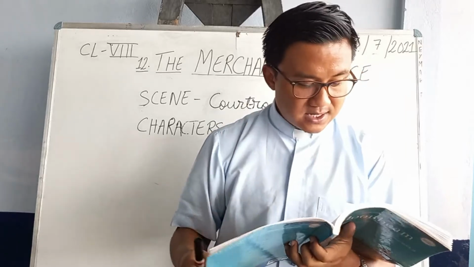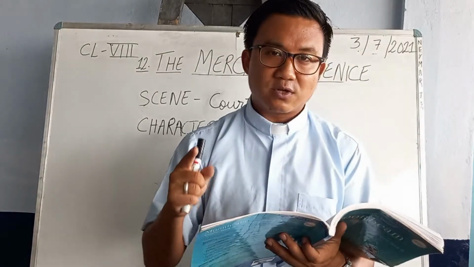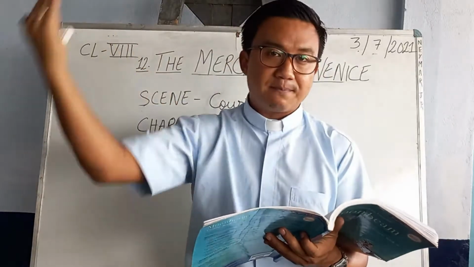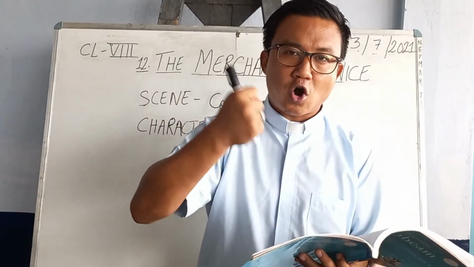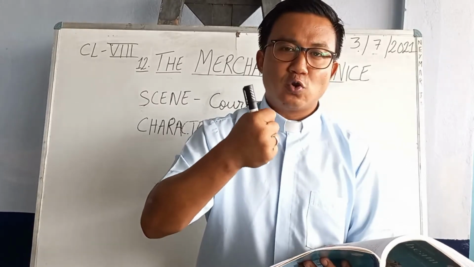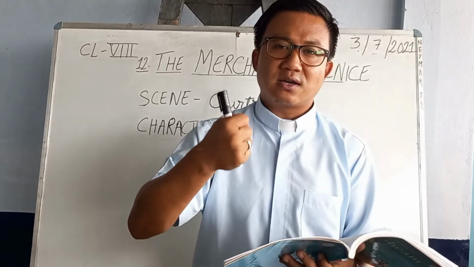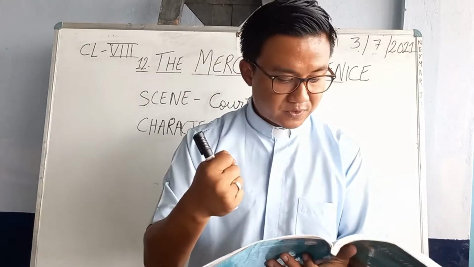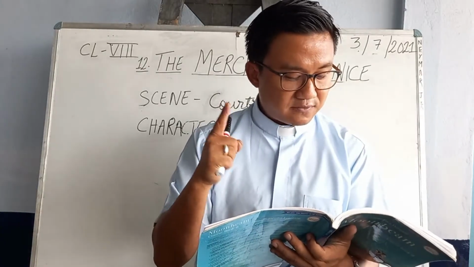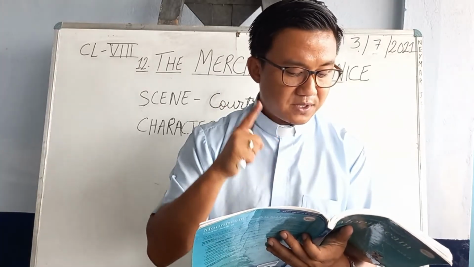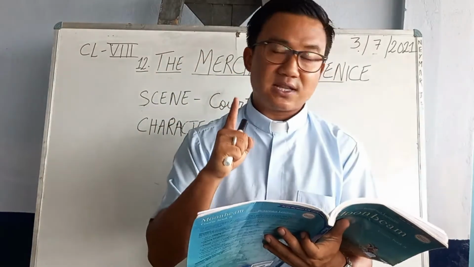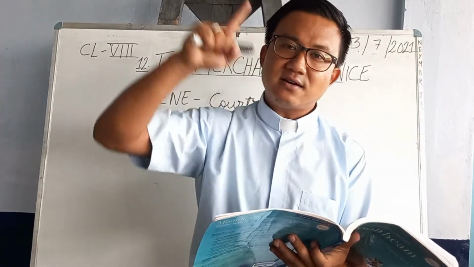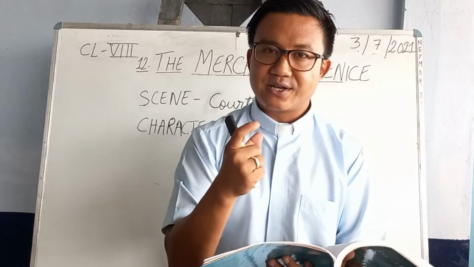Others can't. Mercy is a more beautiful crown than the one a monarch wears. Now see, the crown of a king, mercy is more beautiful than that. The king's scepter. Now scepter means it's a kind of rod that the king has, a golden rod. It is a kind of symbol of authority. The king's scepter is a symbol of majesty and represents his earthly power, his royal authority. But mercy is much grander and far superior to the scepter. See? It is higher than the authority of the king, mercy.